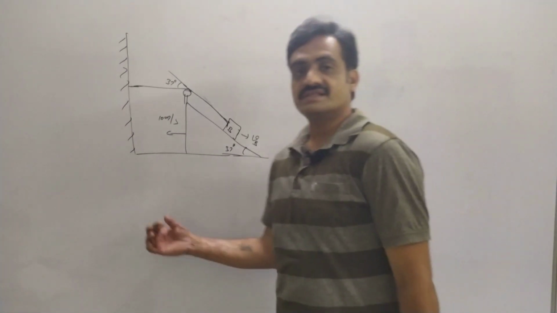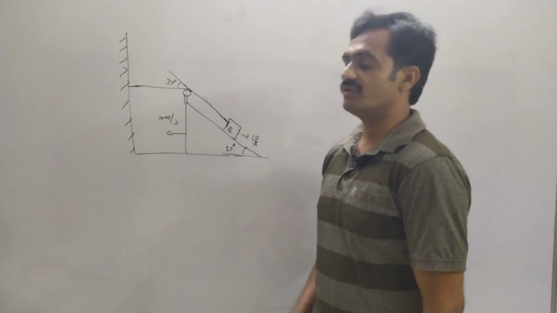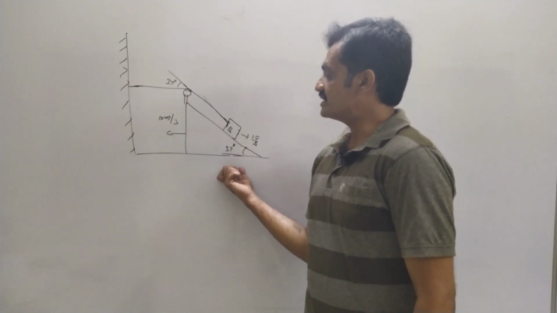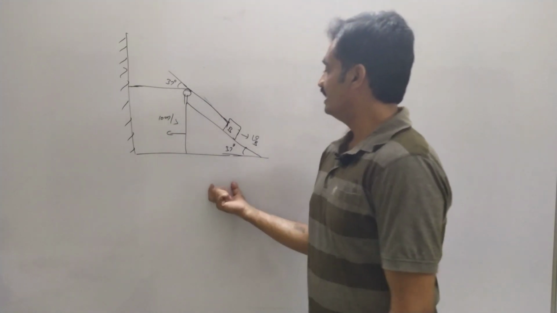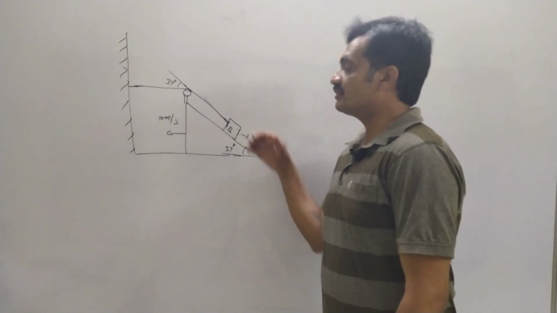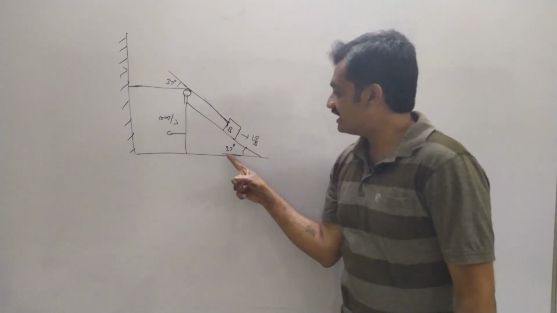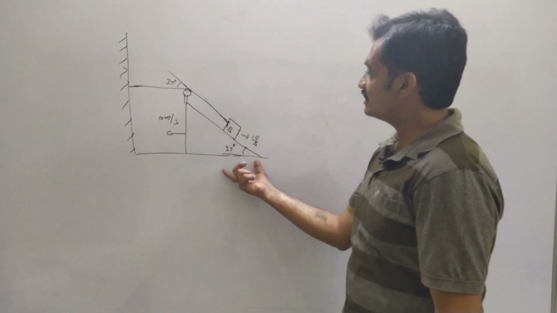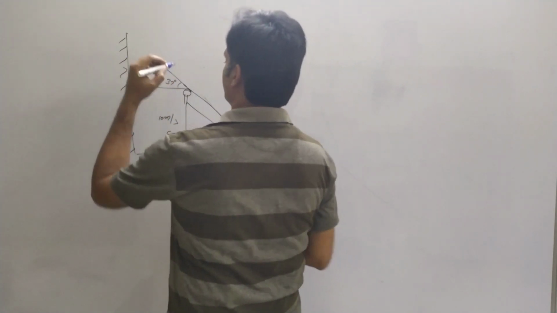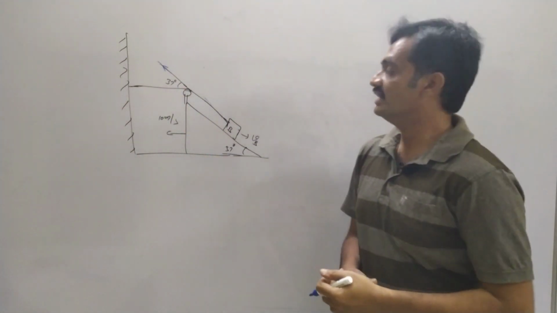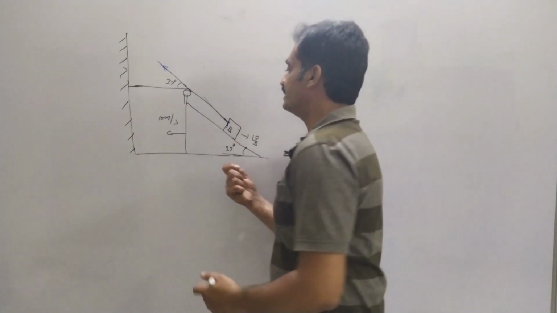Now we are going to discuss the combination of pulley and wedge. Observe that here we have a pulley and here we have a wedge. Observe that this wedge is moving with a velocity of 10 meter per second. Now we have to find the velocity of the block B, which is moving in the downward direction, and this block B is inclined at an angle of 37 degrees. So based on that, now we have to represent the velocity along this line, which is inclined by an angle of 37 degrees. So we are going to apply the point method.